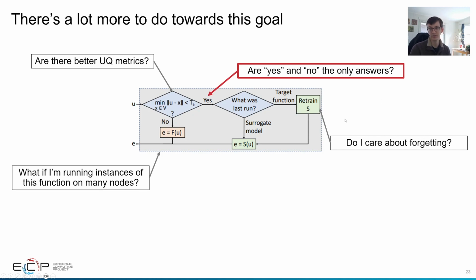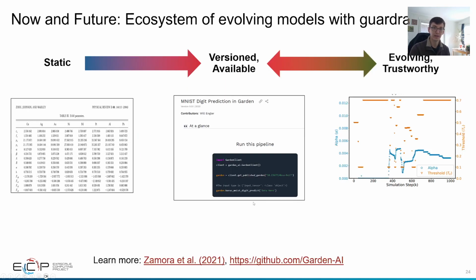Do I care about retraining this machine learning model and it forgetting the original data it was trained on? Or, as we'll talk about in just a few minutes, what if I made it such that yes or no weren't the only answers to use surrogate or not? So with that said, that wraps up really what I had to say today on how to develop machine learning models that